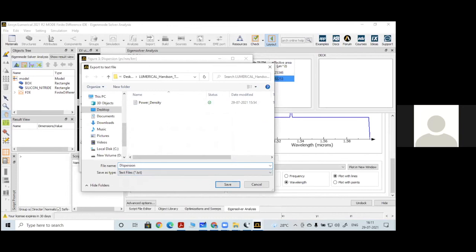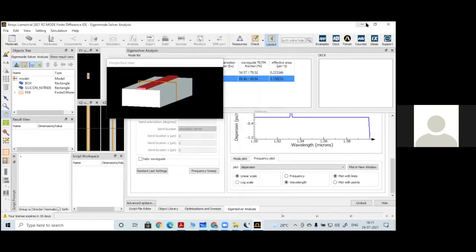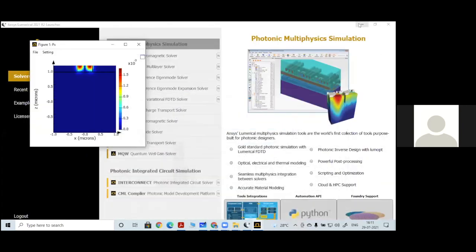And remember this, whatever data we are taking out of this tool, the standard units will remain the same. Electric field means it is volt per meter. You need not multiply once again by 1 micrometer or 1 nanometer for that. You don't multiply, you keep the data as it is, and you have to use the standard SI units. So it is dispersion in silicon waveguide. I'll give the name dispersion, so I can save this. It will be saved in that particular file. Okay, so let me see that data.